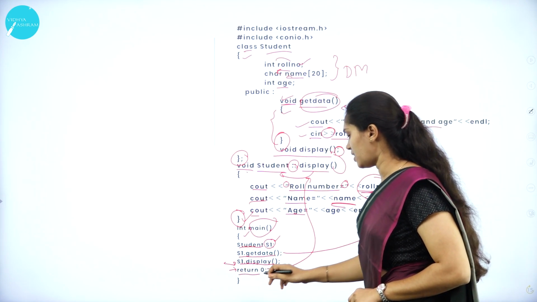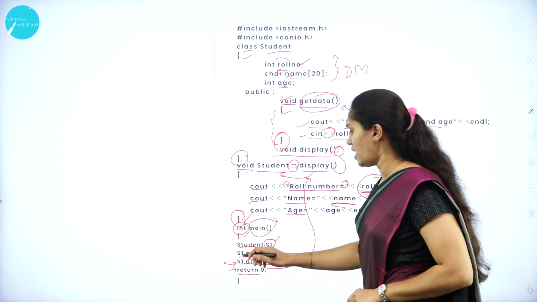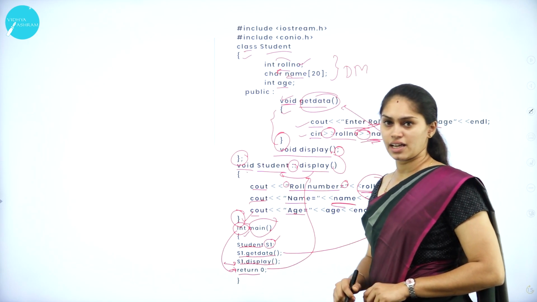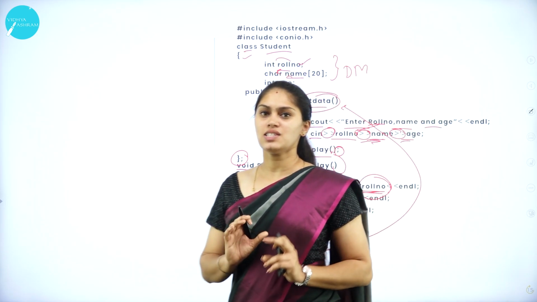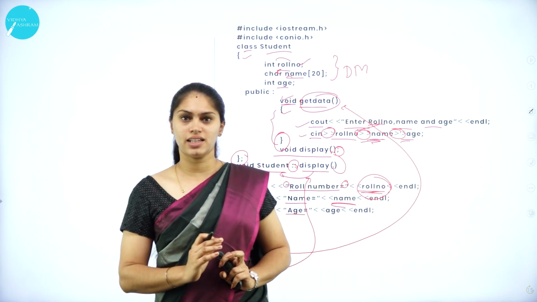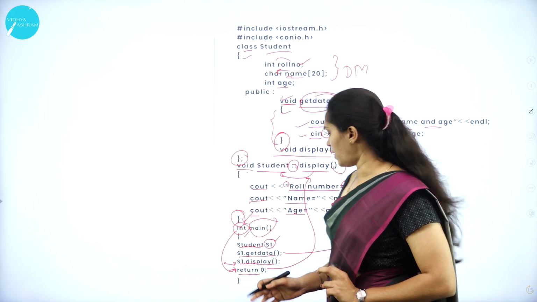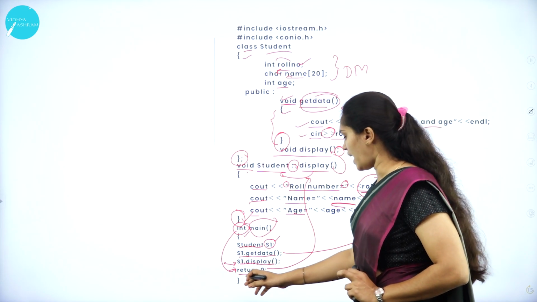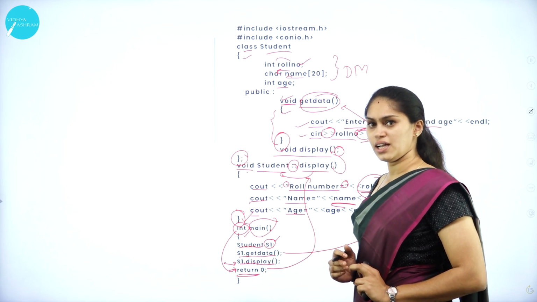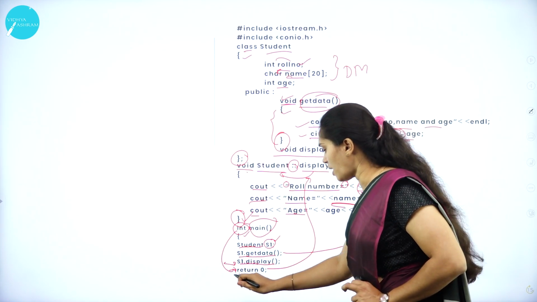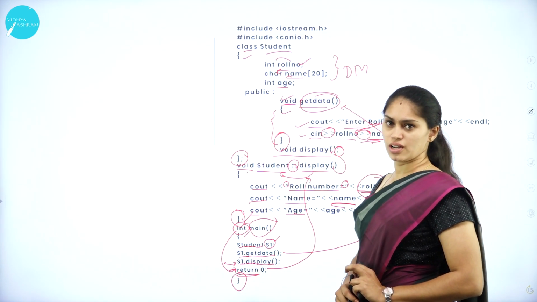That means return data. When you are using int main, at that time you need to use return. If you are using void, then no need to return. Void in the sense that it does not return anything. But here I am using int main, so I need to include a line called return 0, or else you are going to get an error, and I am going to end the main function.